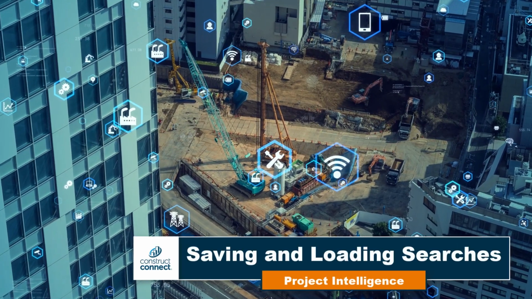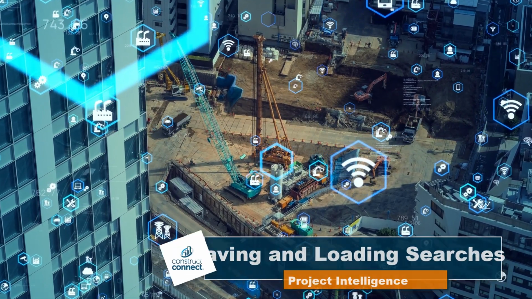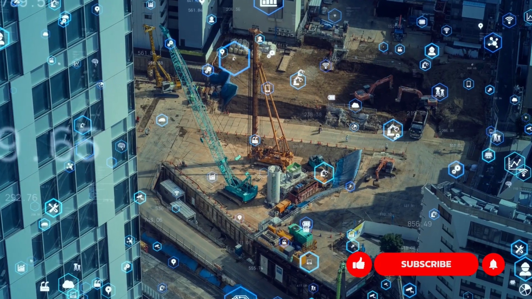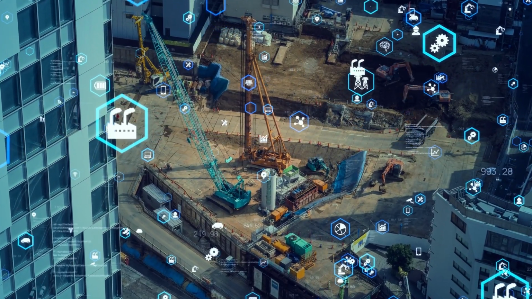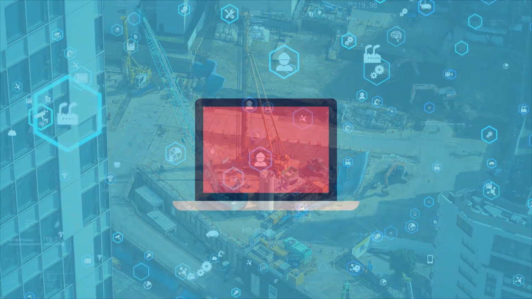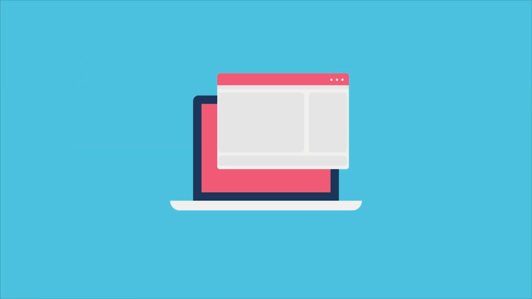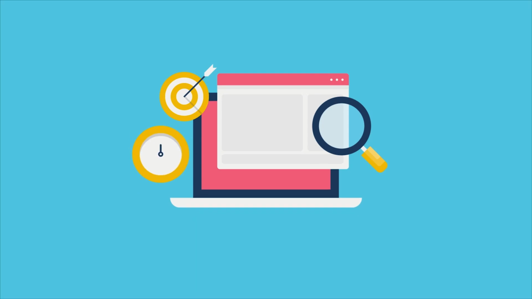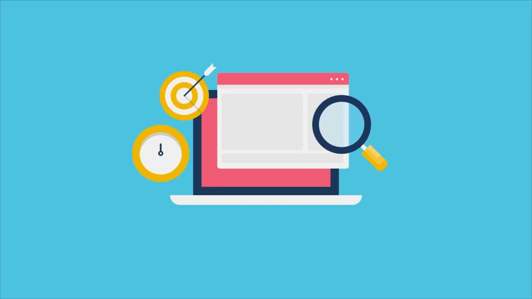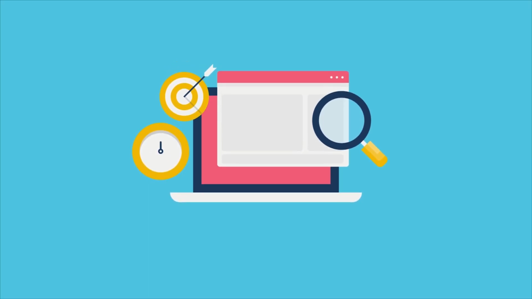Imagine having the ability to quickly retrieve the projects you're most interested in without the hassle of re-entering filters and keywords every time you want to perform a search. Well, you don't need to imagine. With just a few simple steps, you can create saved searches to do the heavy lifting for you. So let's see how to make these time-saving shortcuts to make your search for the perfect project smoother and more